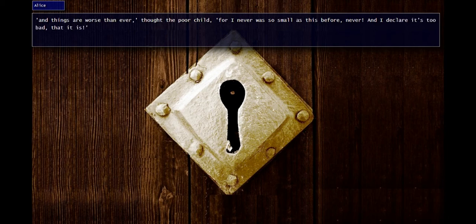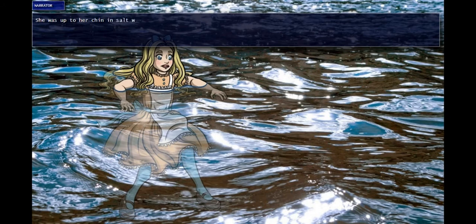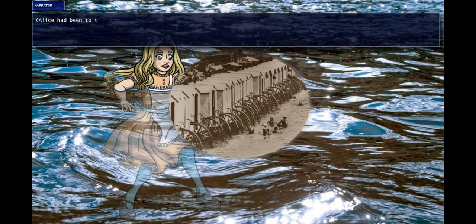As she said these words, her foot slipped, and in another moment, splash! She was up to her chin in salt water. Her first idea was that she had somehow fallen into the sea. And in that case, I can go back by railway, she said to herself. Alice had been to the seaside once in her life, and had come to the general